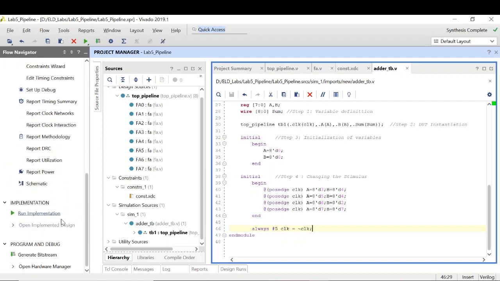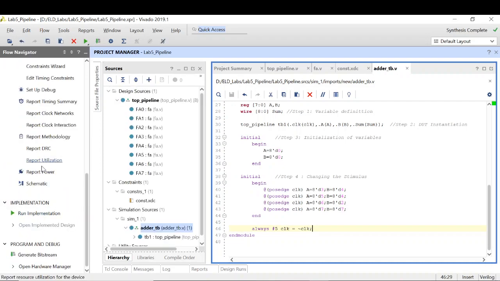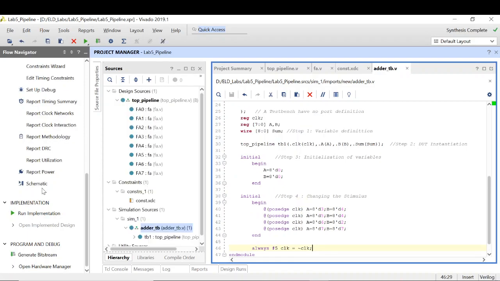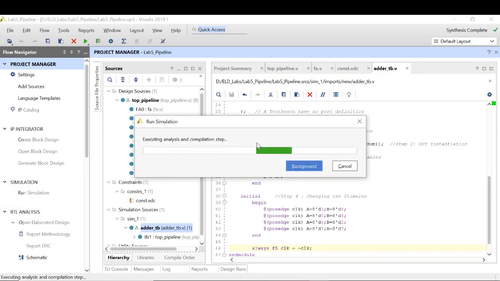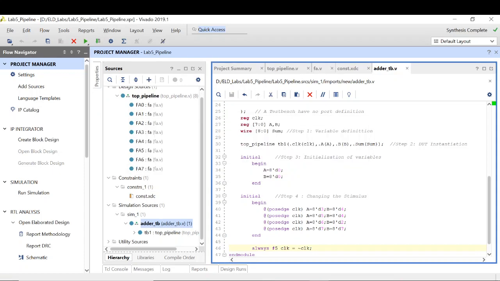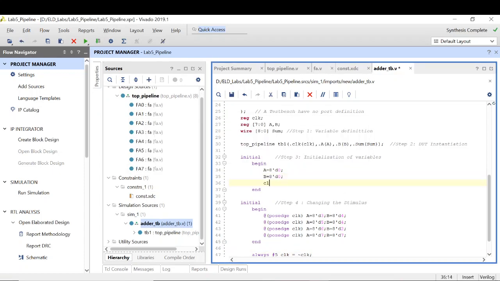Okay, so let's run the simulation. Okay, so one thing that we forgot is to initialize the clock.